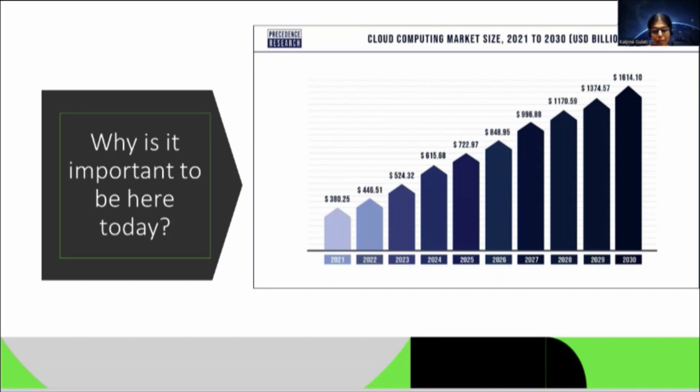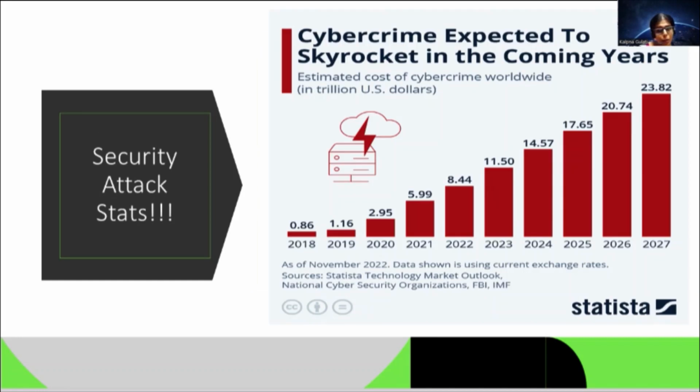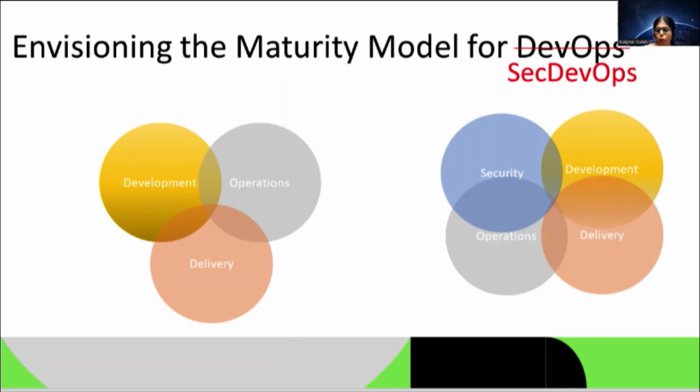as we move ahead in our development practices? To add on to these wonderful stats is another interesting one: cybercrime against all the development environments or the cloud hosted environments is also expected to reach around 25 trillion by 2027. So as we move more towards cloud, the attack surface that hackers or threat elements can have also increases manifold. And that's the reason when we talk of DevOps in development practices, we have to be very, very mature